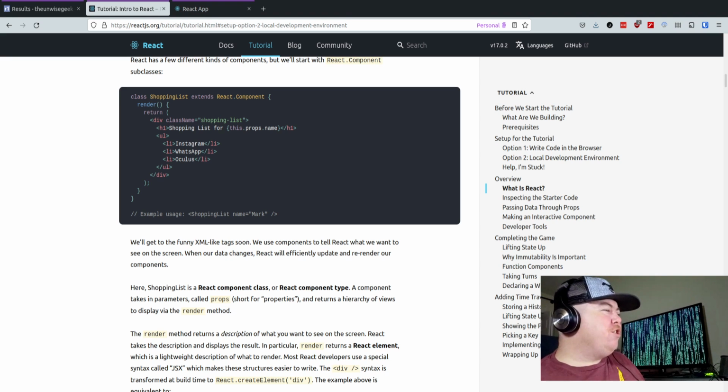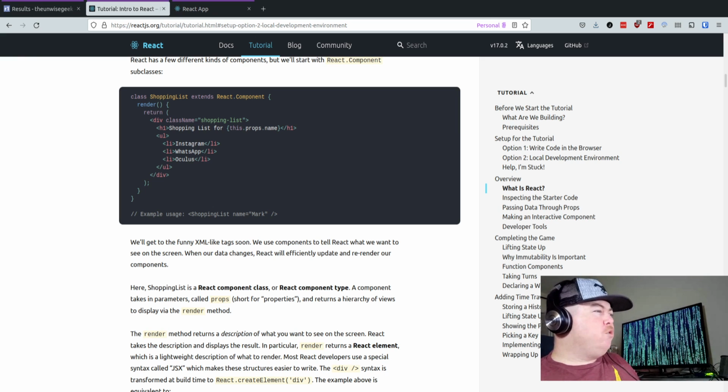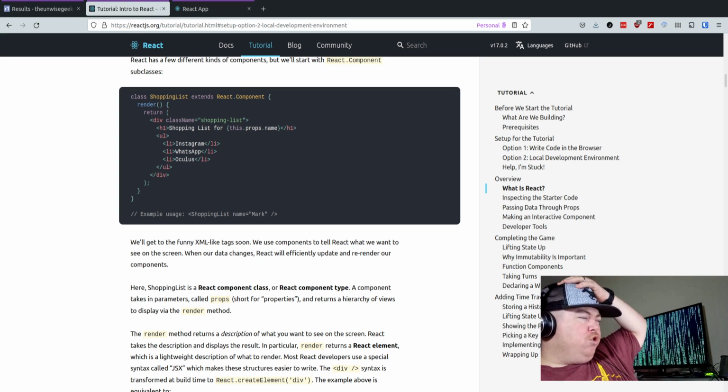So here's your shopping list. We'll get the funny XML tags. Shopping list is a React component class. Parameters called props. So properties and returns hierarchy display the